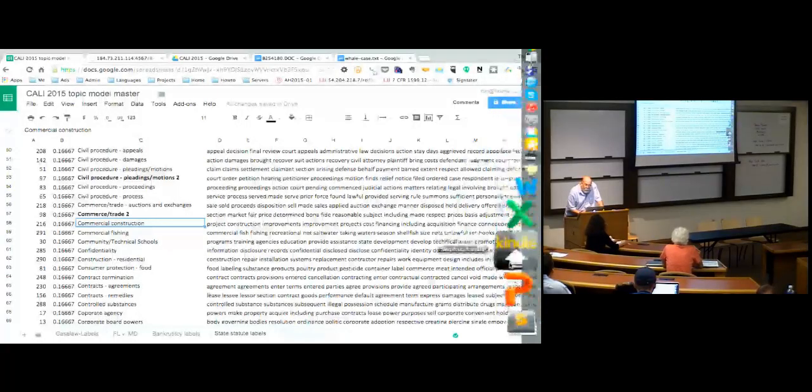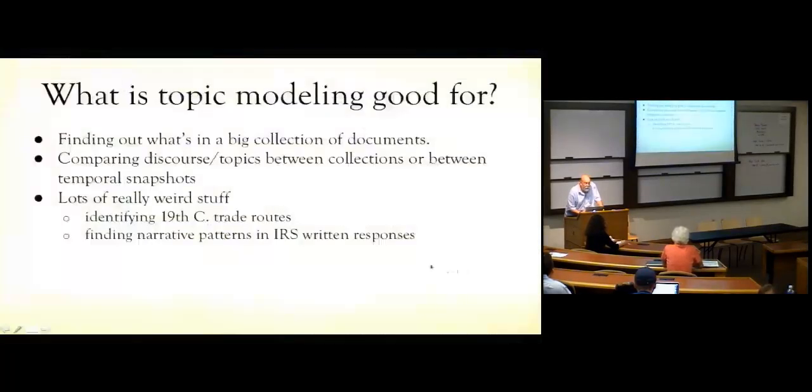Now where was I? There. It's been used for a lot of really weird stuff. Remember that document in the context I'm talking about is document in the way the computer people talk about documents, which is to say some coherent chunk of data.